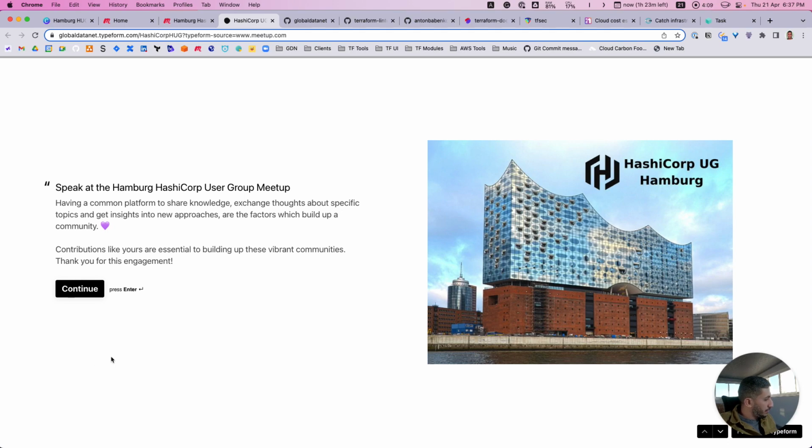And for today's topic, Mohammed will share a bit of his tooling box all around Terraform, especially from the globaldatanet side, what we are using to enhance Terraform itself, what kind of cool tools are out there to make our life easier and more efficient. We are also happy in the end to maybe see your insights and experience with it.